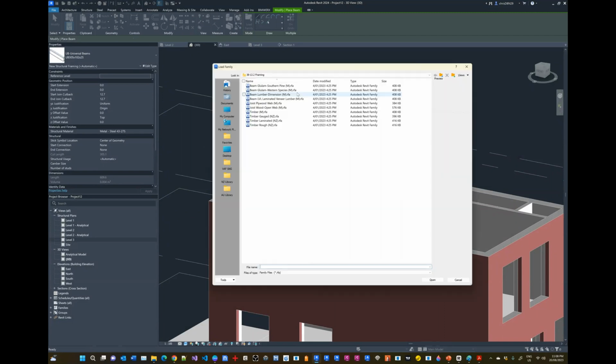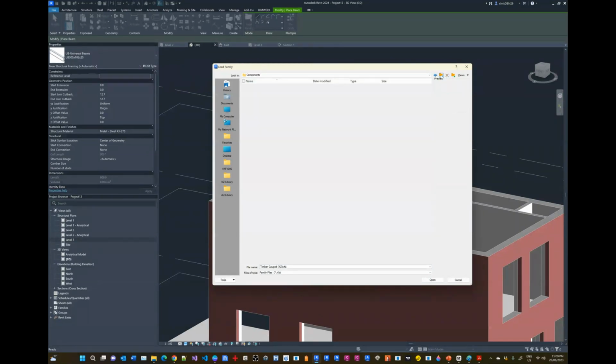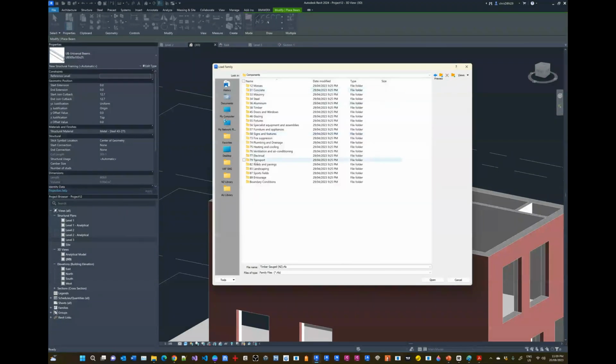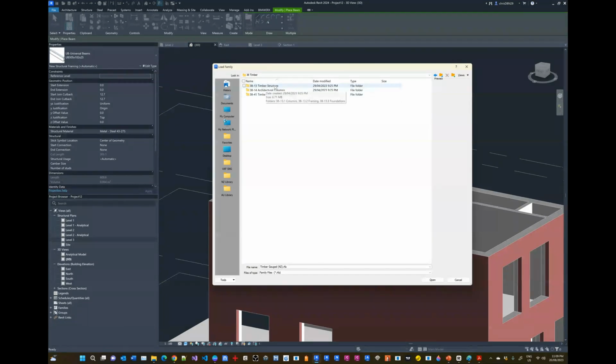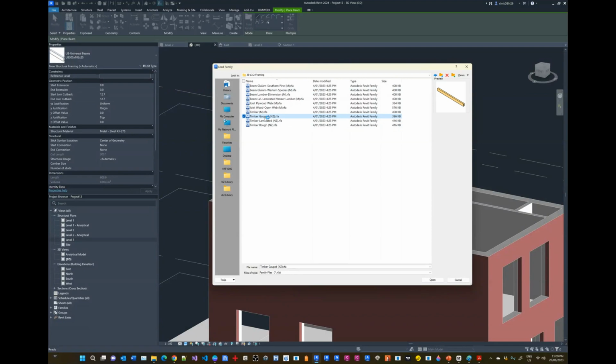The reason I'm doing it this way around is because it's the quickest way to just load the framing family straight into the model. If I use components and I load them, then it's going to complain that it's not a component family. So I use the beam tool, and then I navigate to my New Zealand library. I go to components. Then from here, we can find timber, and we want timber structure, and we want the framing components, and I'm going to use the timber gauged